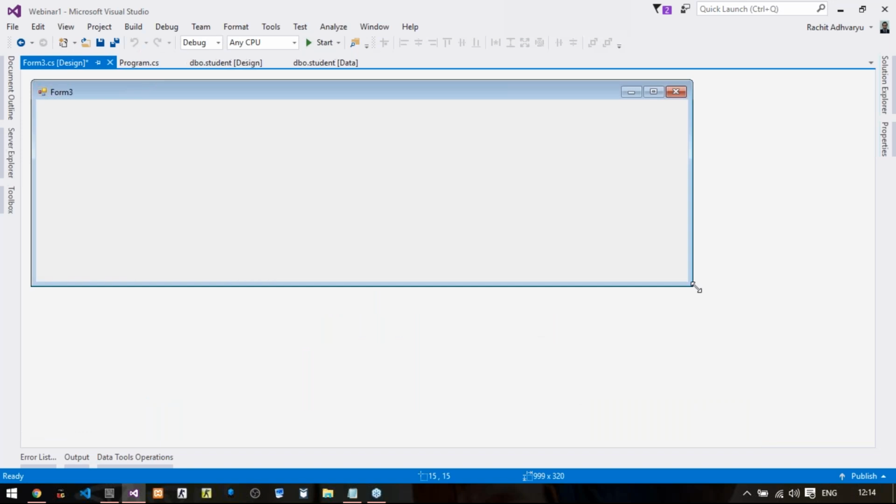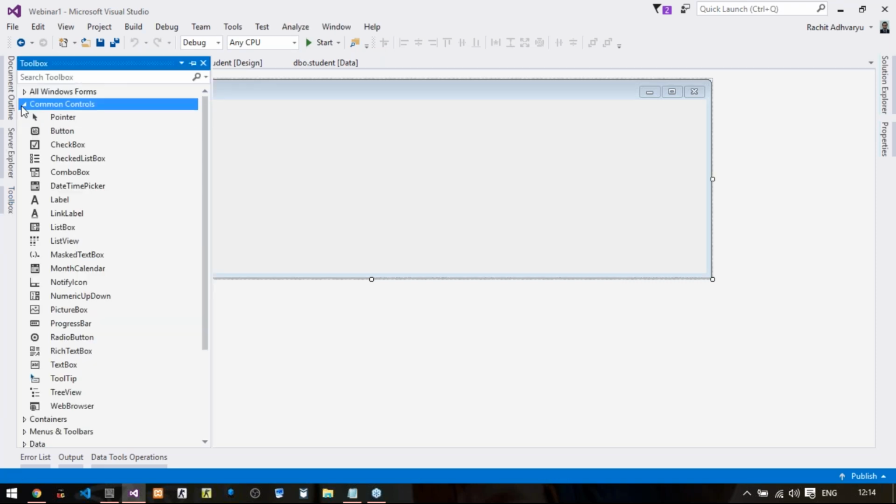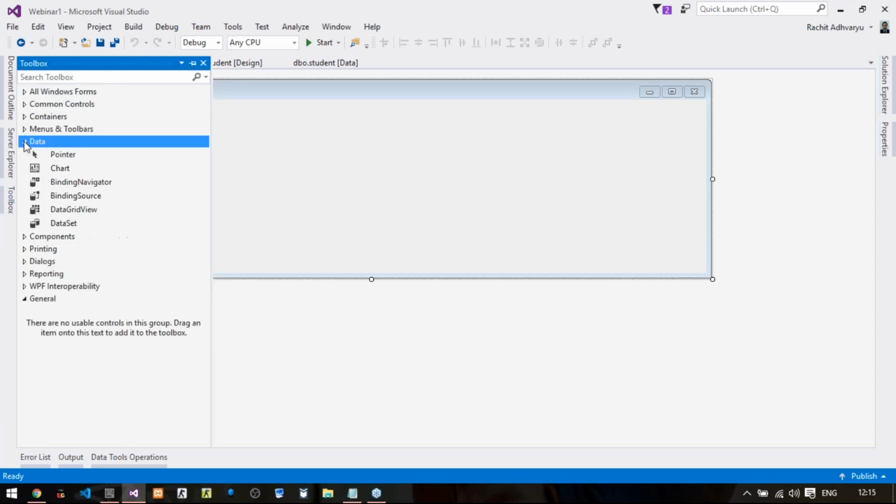Now, this particular Windows Forms application contains an inbuilt tool to create a table in your form. I will minimize the common controls, go to data, and in this data, we have a control called data grid view.